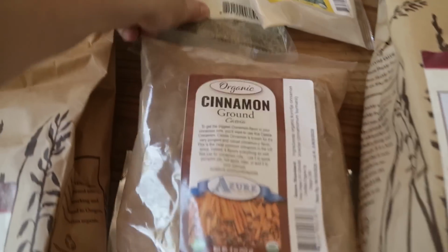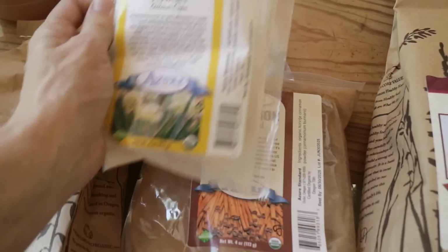Cinnamon, some more pepper. Now, ironically, I bought an onion powder. So I now have a lot of onion powder because Jason and some of the older kids went and helped a neighbor, a woman who was farming in the area. She needed help with her harvesting. And as a trade, as a thank you,